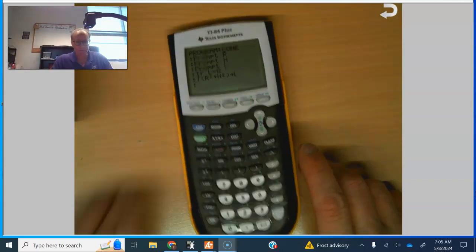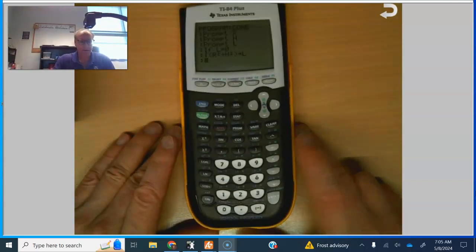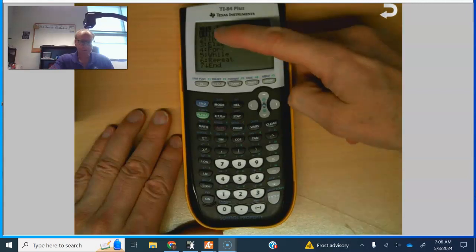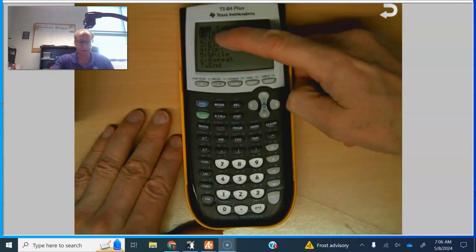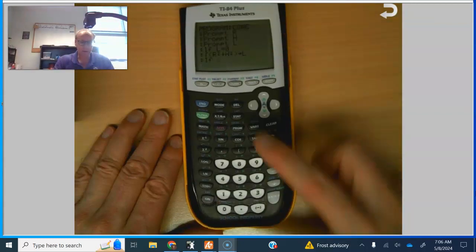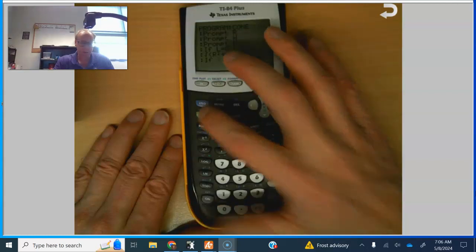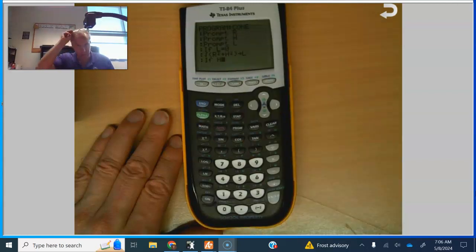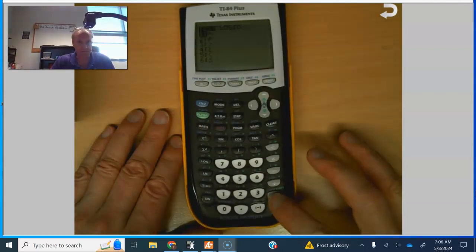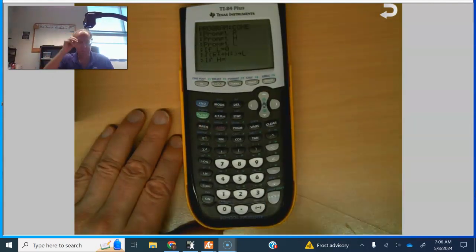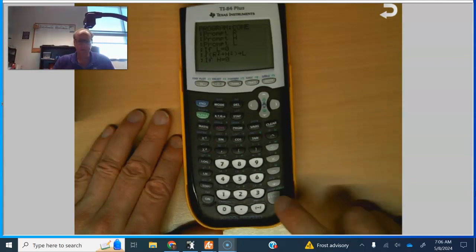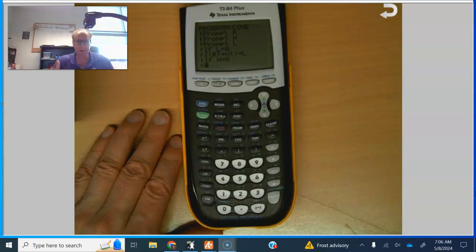So I'm going to put if. Remember how to get there? You go to Program, and it's the first thing under Control. It's CTL. The very first thing is if. So number 1, if. Now this time, suppose my H is 0. So H, remember where the equals is? You have to do second math. The very first one is the equal sign. And if H is equal to 0, then I'm going to do the next step,